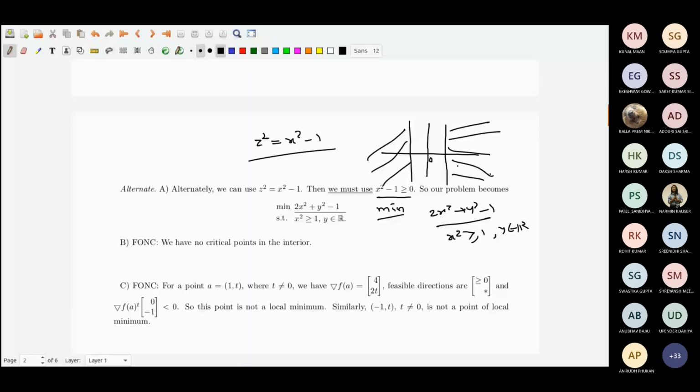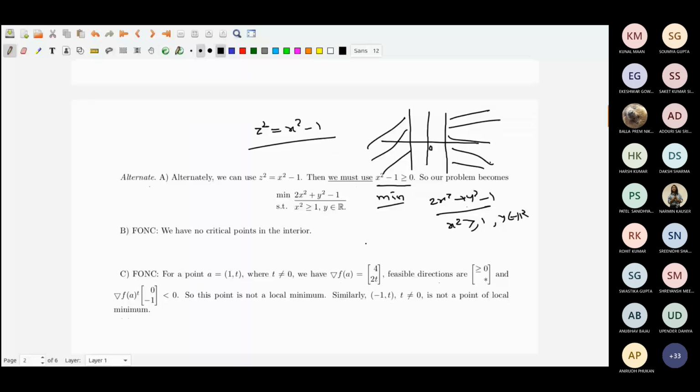Anyway, the same standard principle. First, I will see whether I have any critical point. For that, you immediately see grad f is 2x, 4x to y, and that is equal to 0, which would mean that x and y are 0. And that is not inside our set of consideration. So therefore I do not have a critical point.